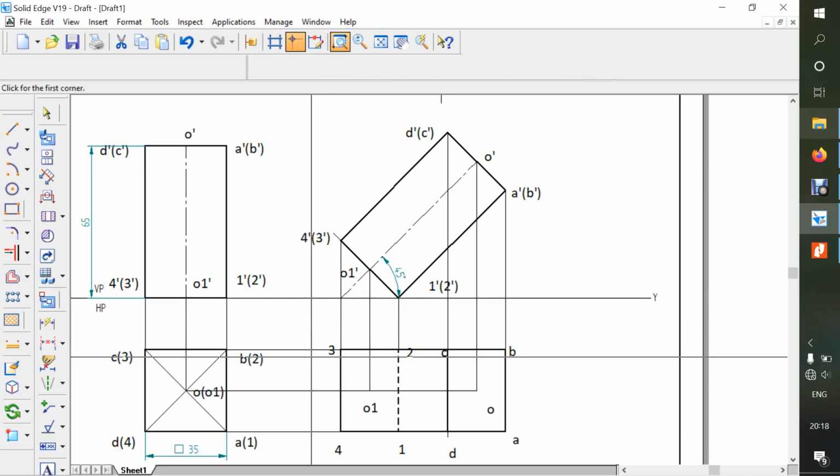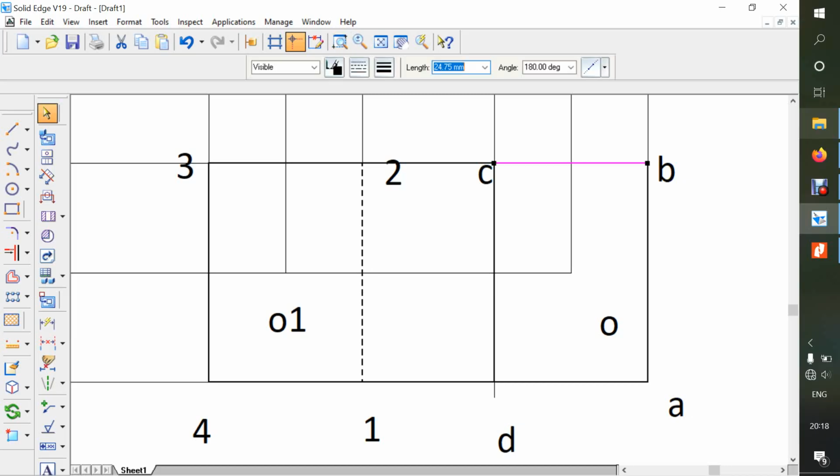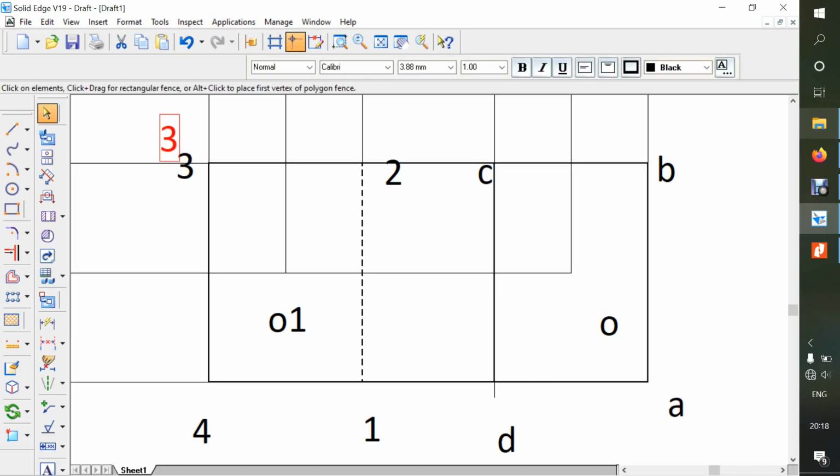Now zoom this square and try to keep all these names without crossing any projection line. Just click and drag them outside.